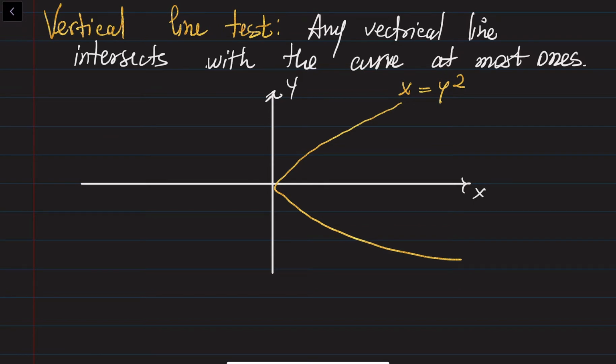And we can check this using the so-called vertical line test as well, because here, if you would just draw the vertical line, at some point x is equal to 4, for example, then this vertical line is going to intersect with your curve at 2 points. So essentially, at y is equal to 2, and at y is equal to minus 2. So that is why it's not a function, because we found at least one vertical line which intersects with the